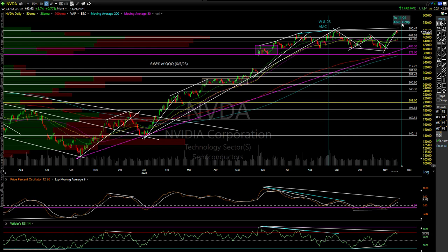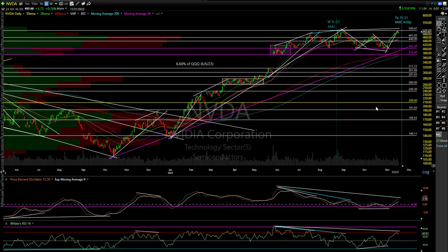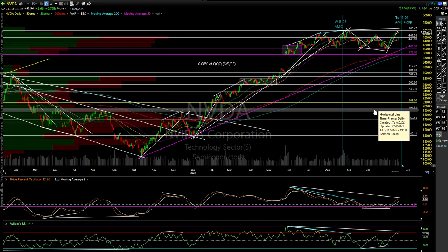You can see, as I mentioned, it reports on Tuesday after the market closes. So as of this point, we have the equal highs. We do have, as I covered the other day, negative divergence. I will put very good odds that these divergences play out just from my read on the chart, looking at the stock, the hype in this stock, over-owned, over-loved, and my pullback targets are,